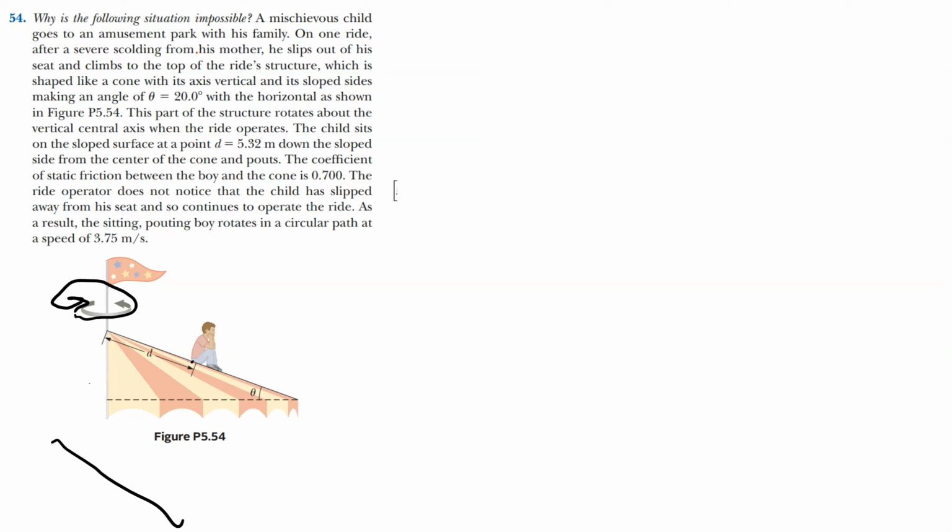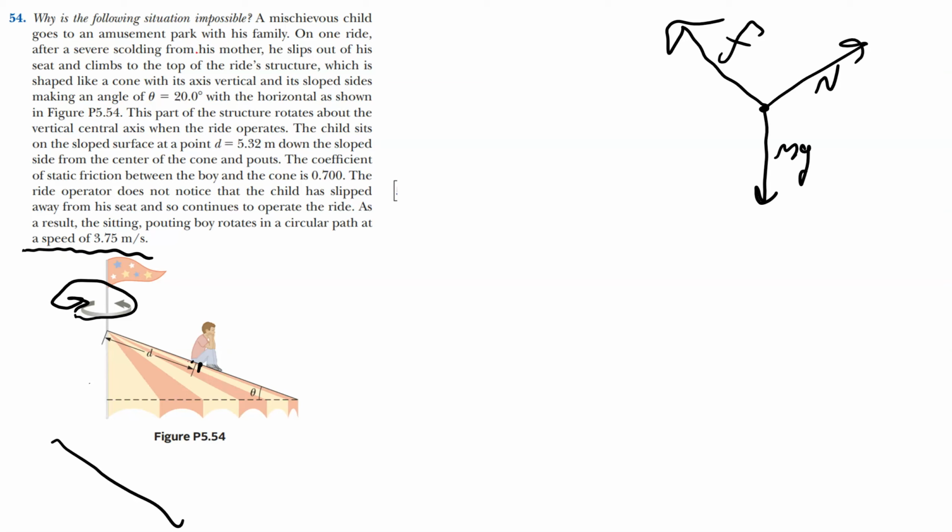Okay, so the first thing we're going to do is make a free body diagram for this guy. In the free body diagram, we have the weight pointing down, always straight down. The normal force points normal to the surface. And he would slide were it not for friction, so friction must be pointing opposed to the direction he's slipping. Now, this problem says, if you read it, he goes at a speed of 3.75 meters